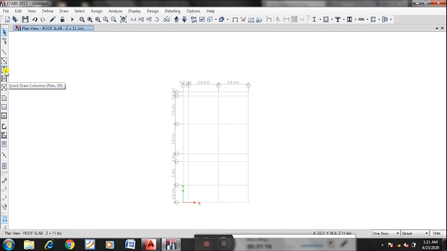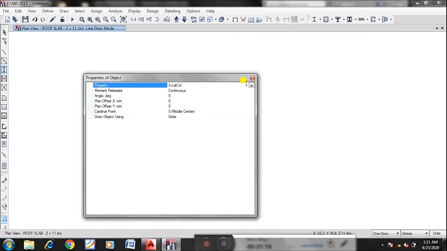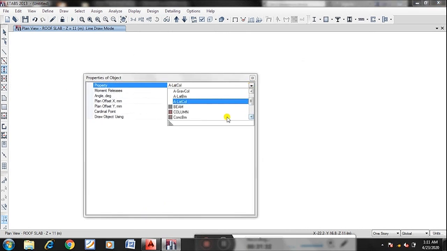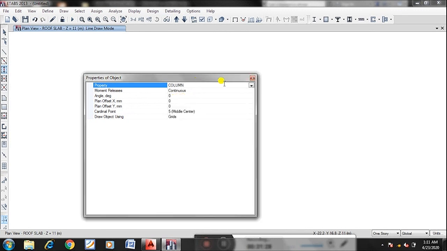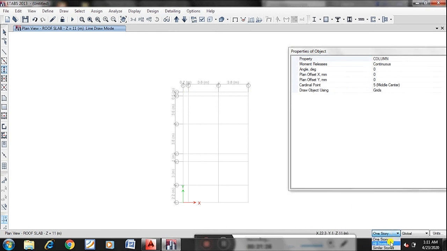So I'll choose this one. Before that I need to choose where our properties are. Column is here. Is it our column? Obviously it is the column which we have defined. Now I'll fix where exactly I want it, and its orientation. Orientation is important. We are applying the same column for all the stories, so I'm taking all stories. You must remember these things, where exactly I'm applying the column.